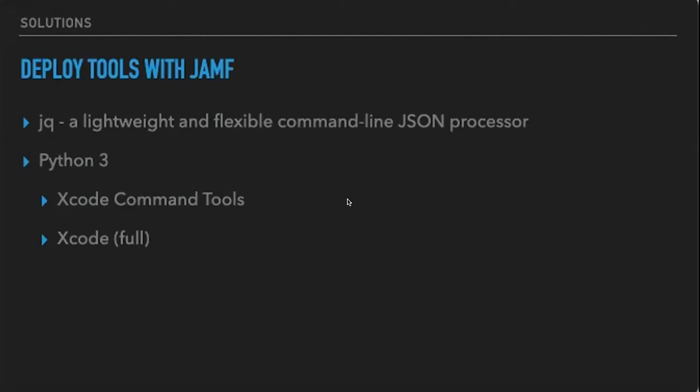command tools. Bruce, I believe in my previous discussion of this, was able to rattle off quickly that just doing the Xcode command line tools, just to be able to parse JSON, was still something like 800 meg, I believe. And then the other option is simply through VPP or through the App Store. I can deploy all of Xcode to be able to get at that. Now we're deploying a couple of gigabytes just to parse JSON, just to deploy the results of the Jamf Pro API